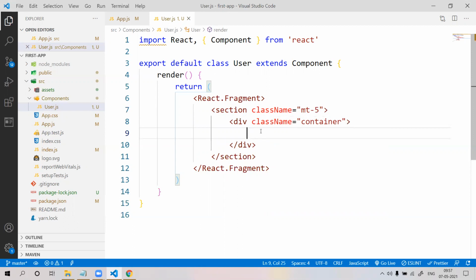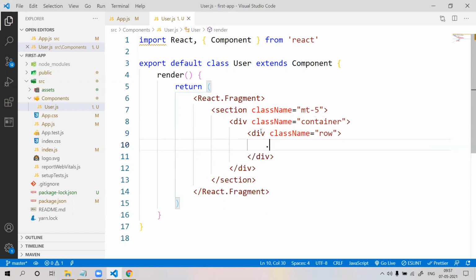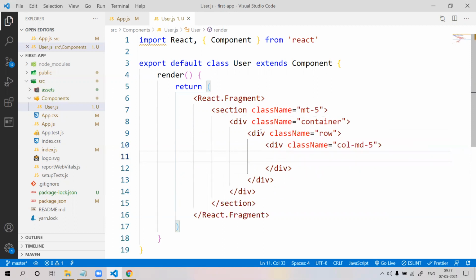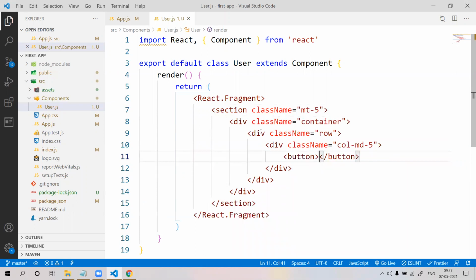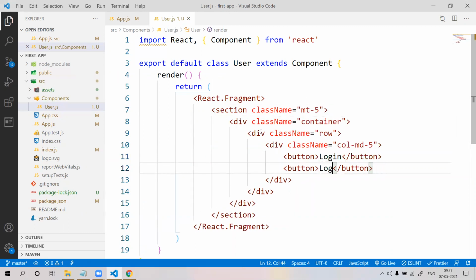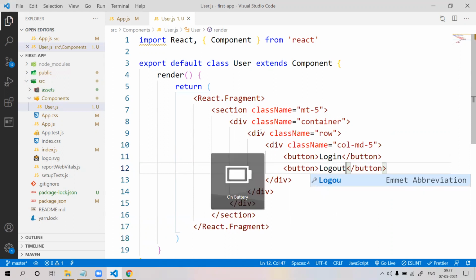Inside we put one row and one column, col-md-5 10. Inside the column we display a login button, and below this a logout button.